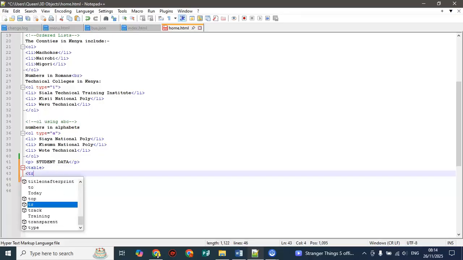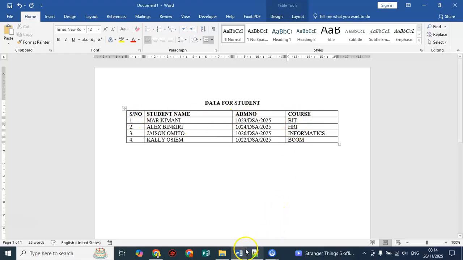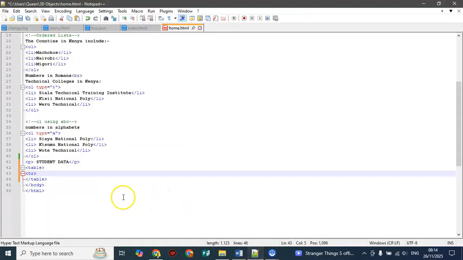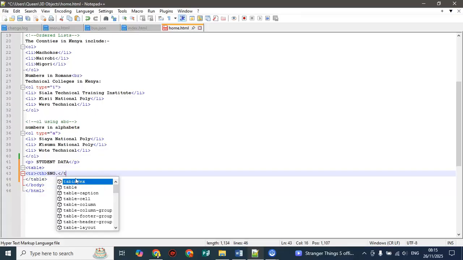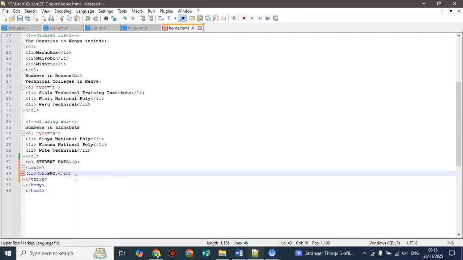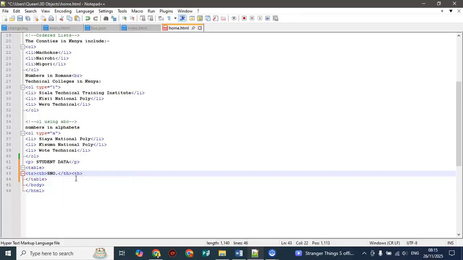Table row, we want to define the header of the table so that our data appears like this. This table has 1, 2, 3, 4, so there are 4 columns, and we are saying table row, and then table header is defined like this. So the first one is serial number, and then you close that table header like that. We open another table header, TH stands for table header, and this time it is student